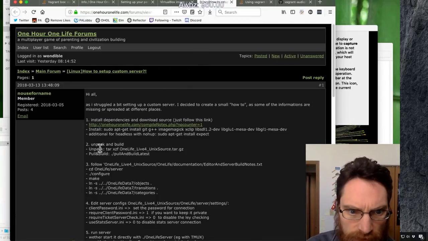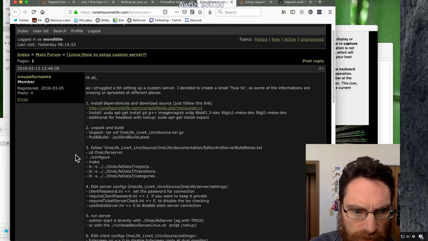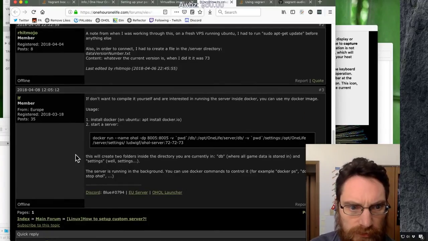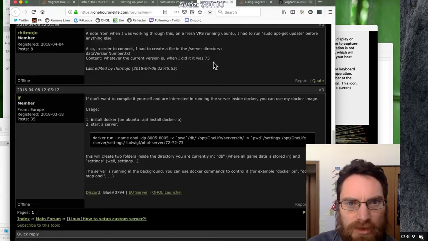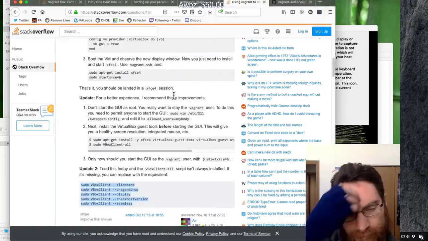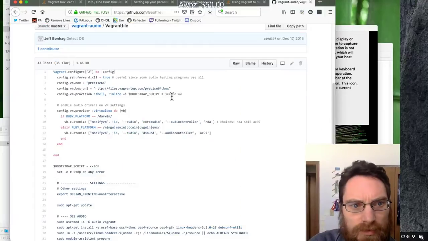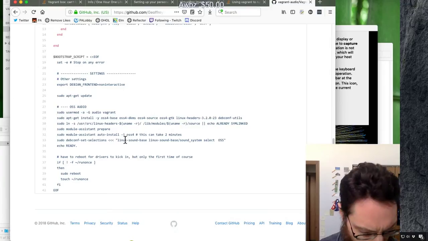Custom server. This is just Linux, how to set up the server. All right, so that's not going to help. So we're back to, okay, desktop environment. We have this with OSS, which might be a different